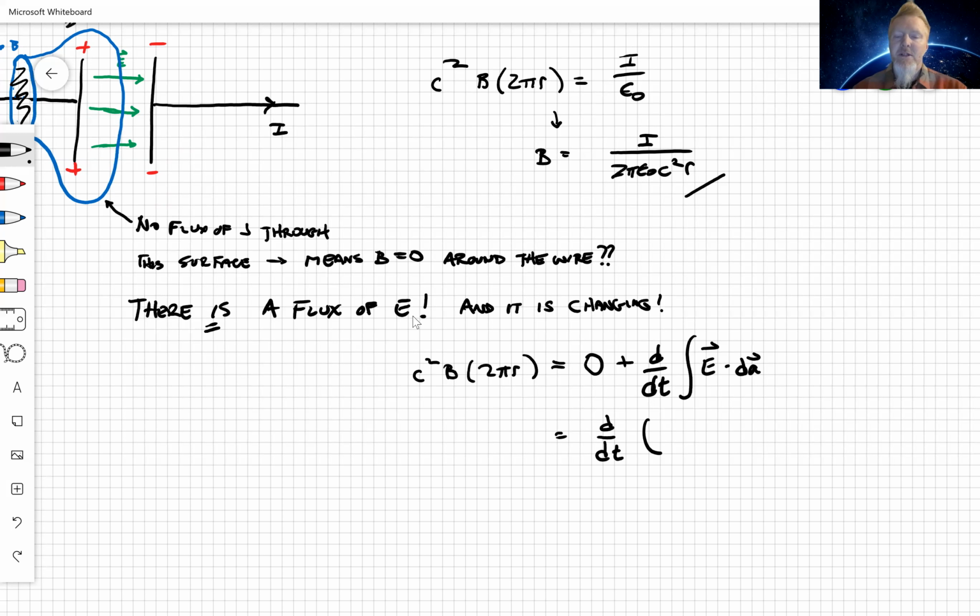which is essentially sigma over epsilon naught, right? That's the electric field between the plates. It's a constant. Well, I mean, it's a constant for each charge. Now I'm changing the charge, right? So I'm thinking about my sigma is changing, okay? But it's that expression. So no matter what my sigma is, no matter what my charge is, that's the expression for the field, even though I'm changing the charge. And then this times the area of the flux, which would be